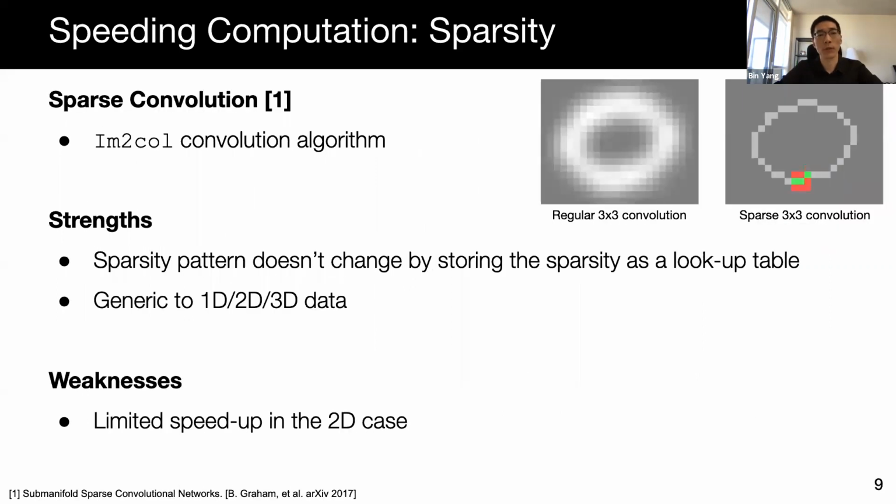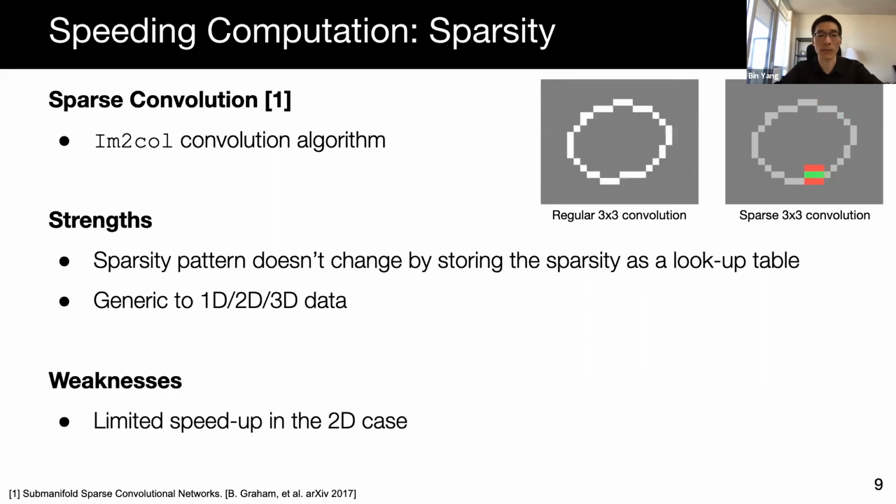So far, we've reviewed 4 different representations for LiDAR point clouds, 2 of which are very sparse, 3D voxels and bird's-eye view projections. A natural question arises, can we exploit the data sparsity to speed up computation? The answer is yes. We can use sparse convolutions to avoid wasting computation on empty locations. Sparse convolution works by doing computation on valid locations only, and valid convolution is realized via the image-to-column algorithm. The valid locations are stored as a lookup table beforehand so that the sparsity pattern doesn't change as we stack